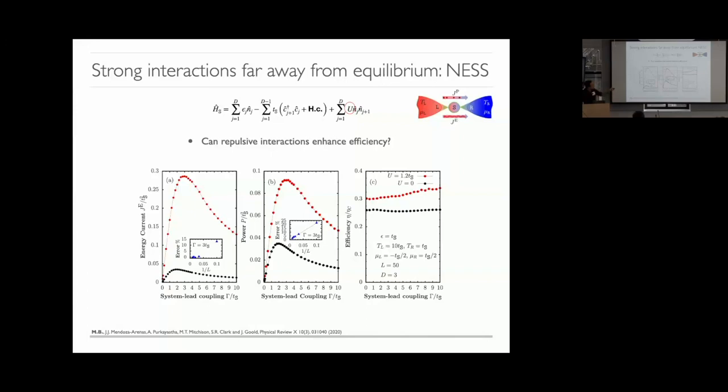And the red lines, this is the problem with some amount of interactions that is non-perturbative. The interesting aspect here is that you can get higher energy currents, higher power. That's not surprising. The surprising bit is that you get it at higher efficiency. So non-quadratic interactions may not be a detrimental effect. Okay, there might be a resource. And that's the point I wanted to make with this talk.